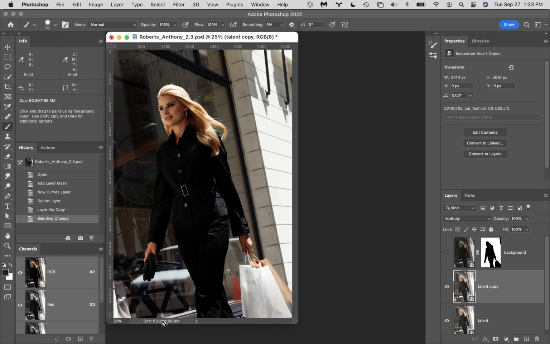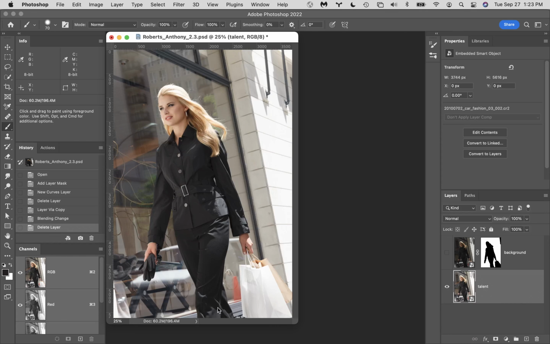And in the size here, you'll see there are two different numbers. There's 60.2 megabytes followed by a slash and then 196. The 60 represents how big this file would be if I were to flatten it into a single layer. The 196 shows you how big this image is ultimately getting because I keep duplicating that raw data information. So instead of the 60, I've now got 3 of those, and those 3 hit 180, and then there's some overhead that gets me up to 196. I'm going to throw the second one away, and